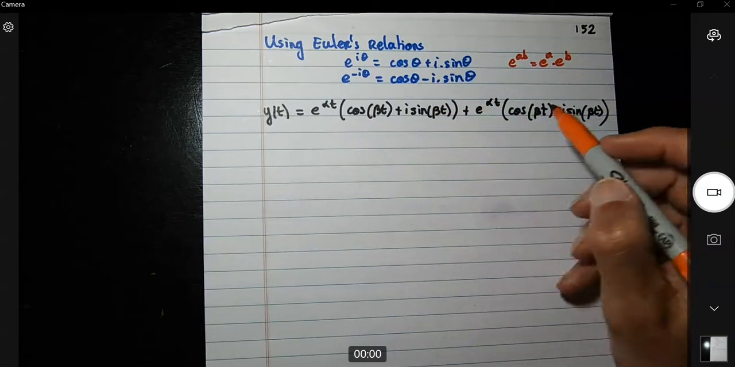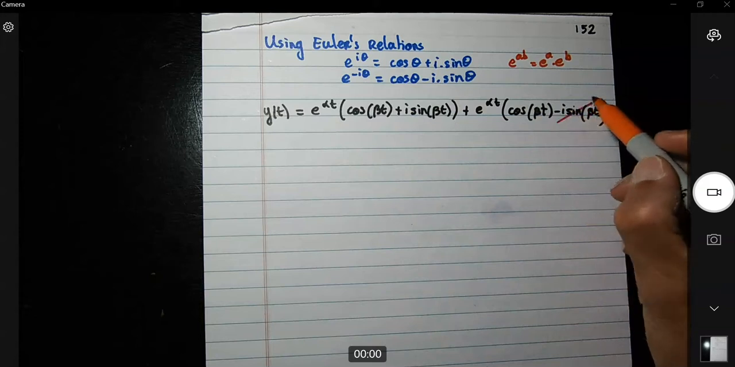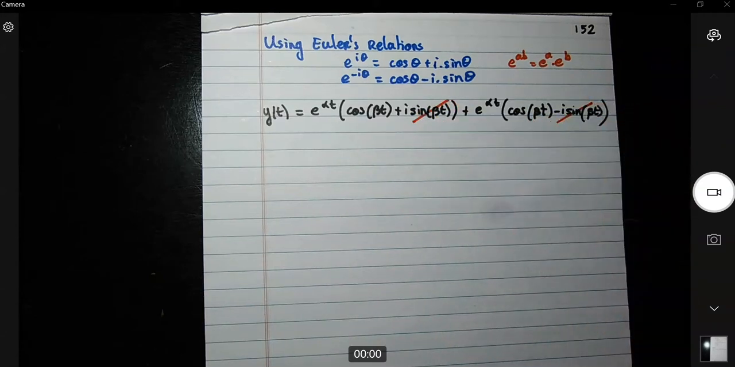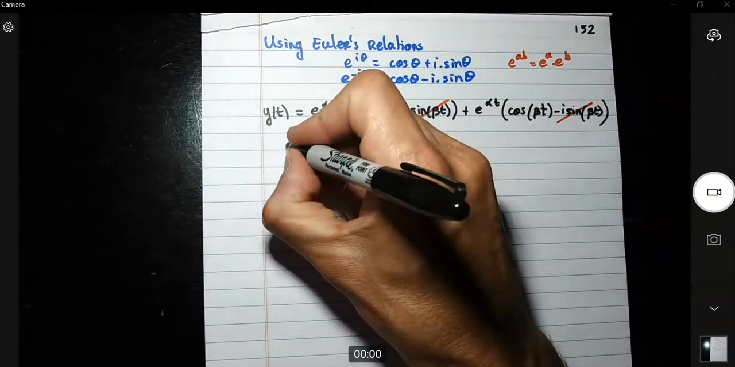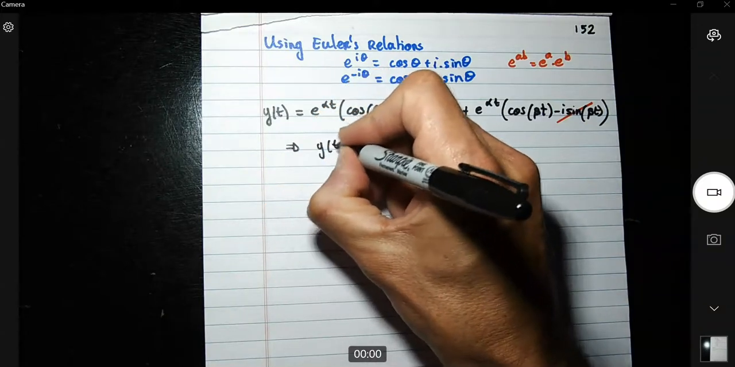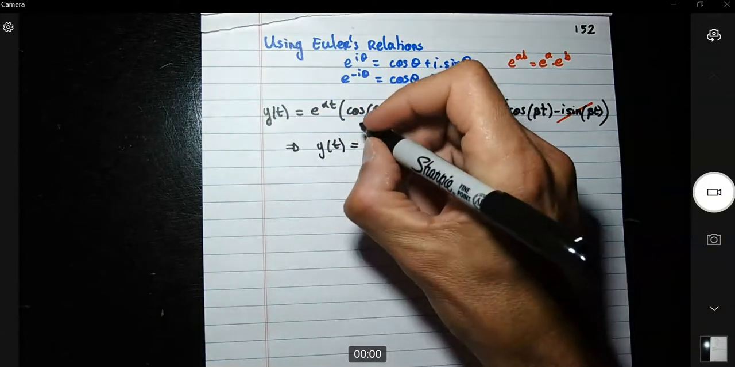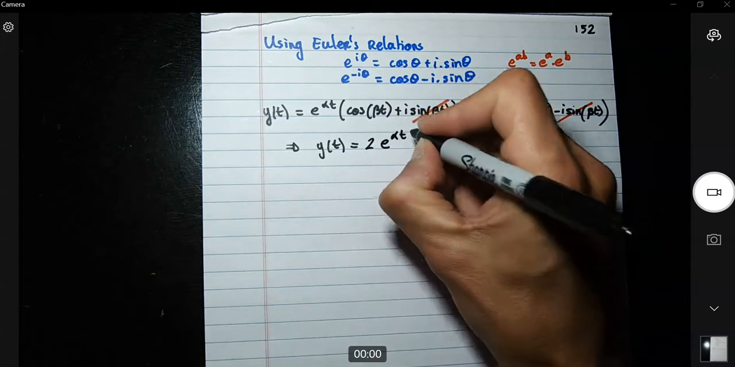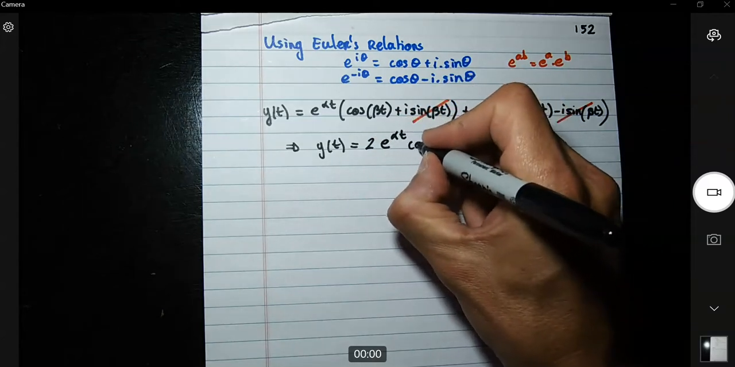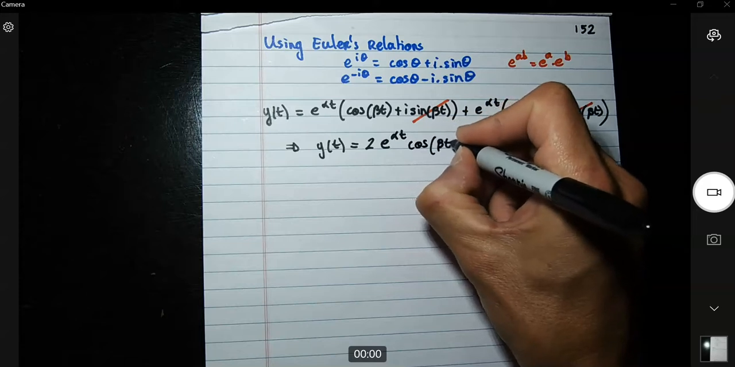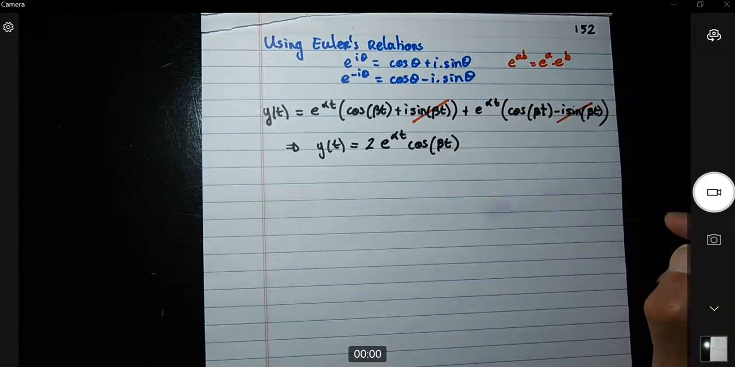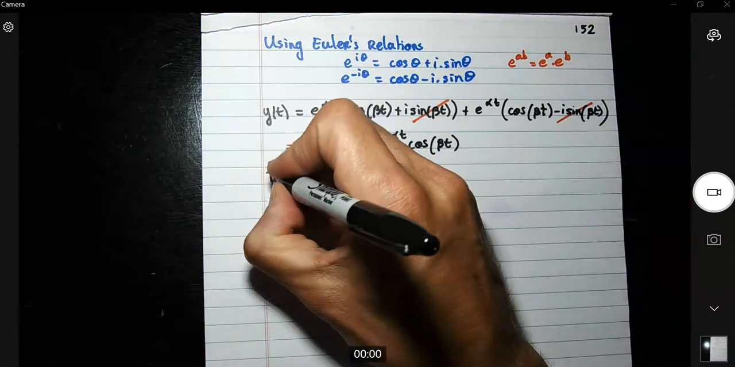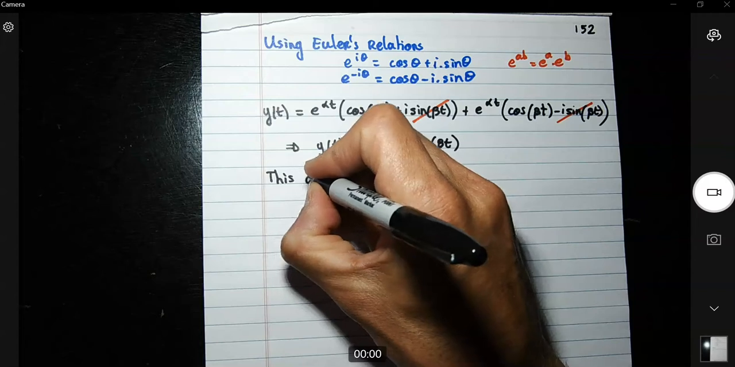Okay, so let's see. Oh, I almost got lost over here. So if you do the summation, I don't have to expand, you can see that this term will cancel out, and this will give that y of t is equal to 2 e to the alpha t cosine beta t. Okay? So this could be one of the solutions. Alright? So this is a solution